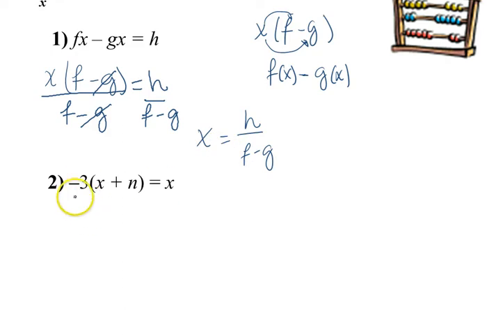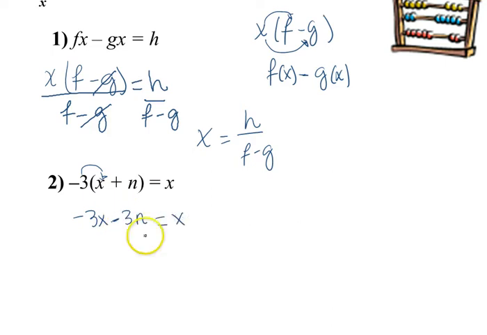Alright, next one. So here we see we still need to solve for x, and here we have two x's. But before we can do anything, we need to distribute this negative 3. So we need to do negative 3 times x, which is negative 3x, and negative 3 times n, which is going to be negative 3n,